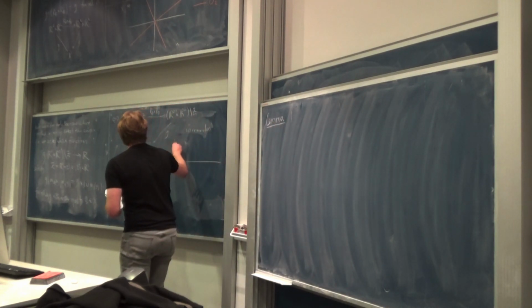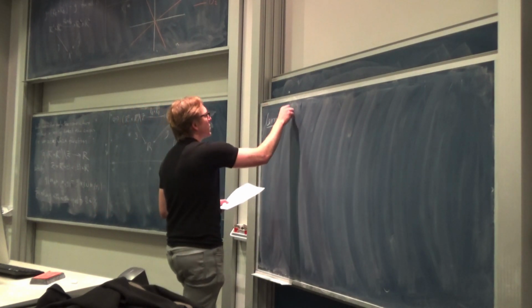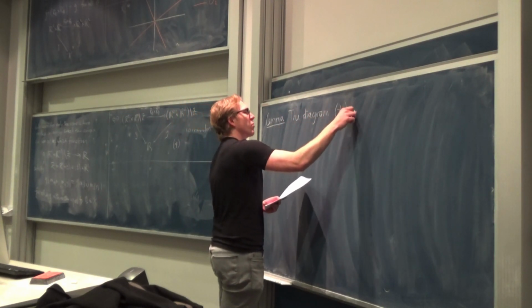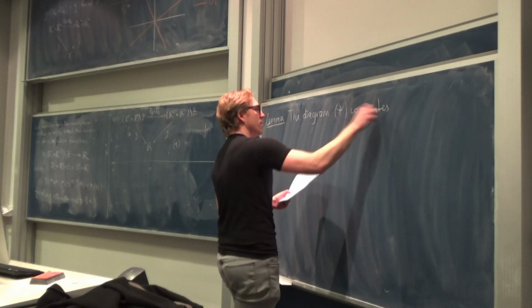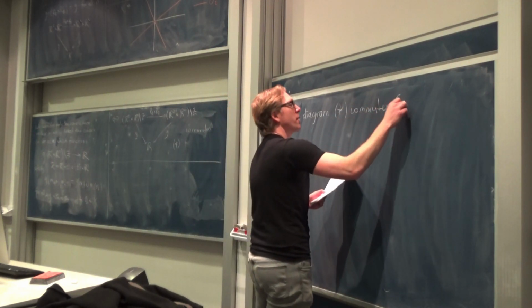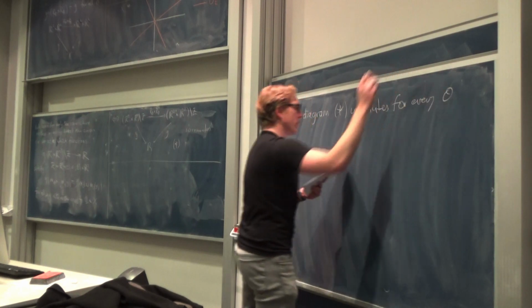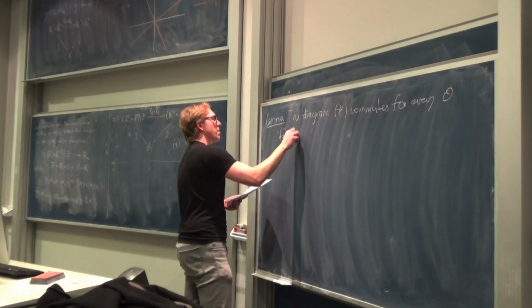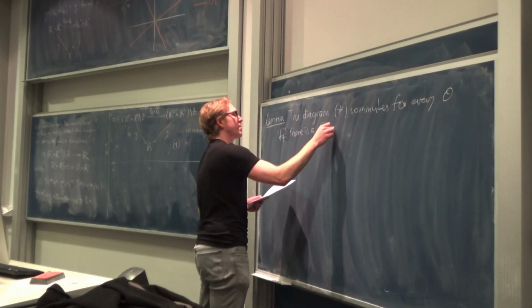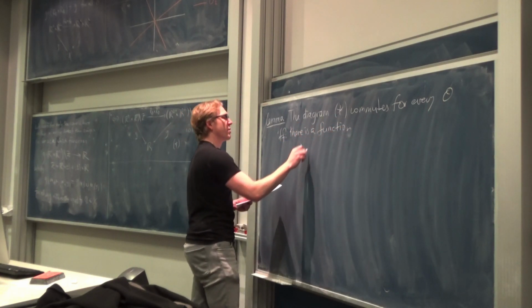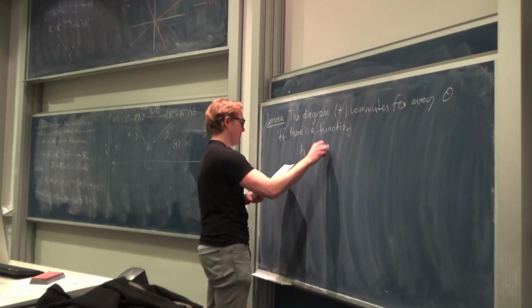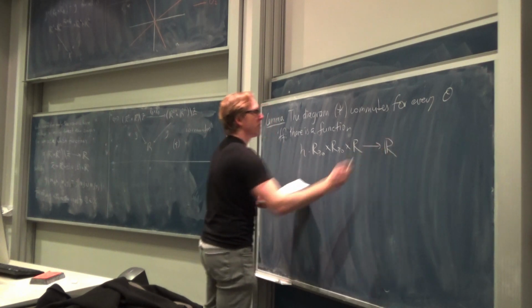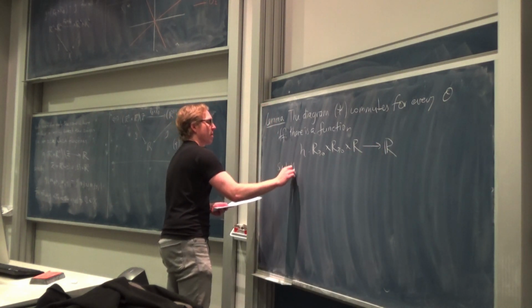This is star. The diagram star commutes for every theta if and only if there is a function h such that